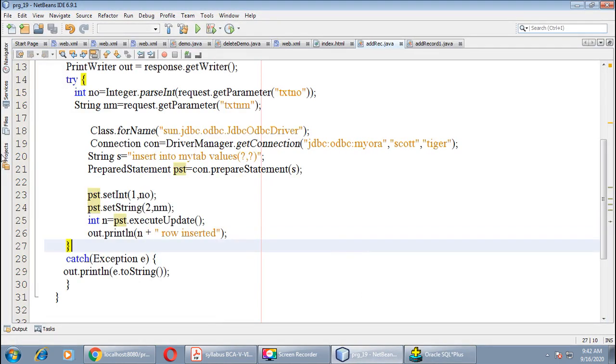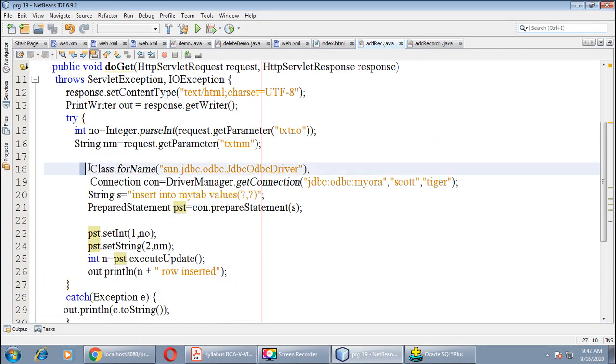One more thing that you must keep in your mind is driver registration, okay, through the forName method. Here, for practice purposes, we always use the type 1 driver, and in our case the driver is sun.jdbc.odbc.JdbcOdbcDriver.